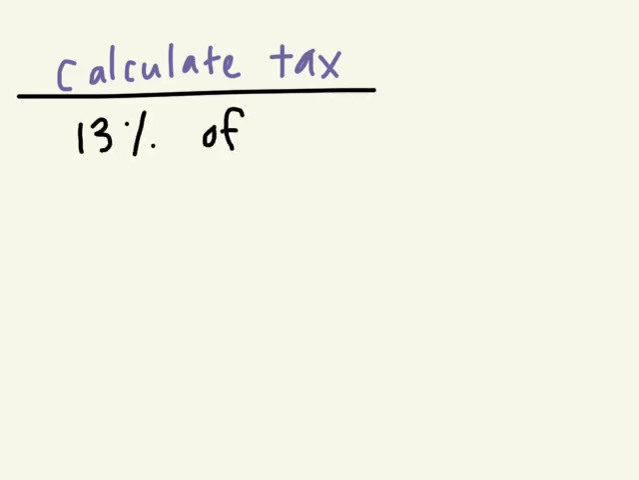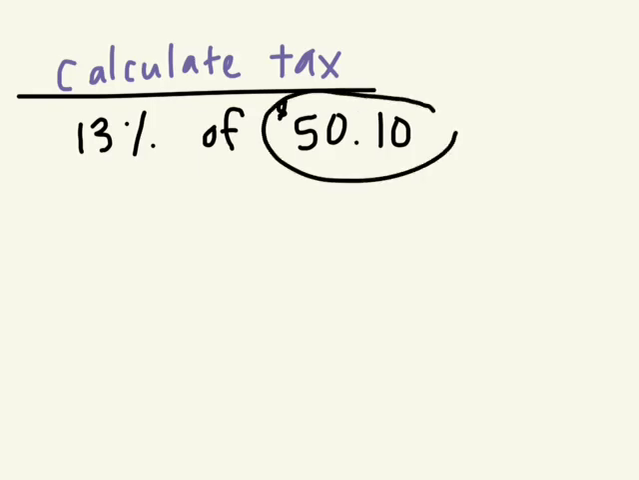What was the sale price again? I'm only paying tax on the sale price. I'm not paying tax on the original price. This is how much the item costs now. So I'm paying tax on that. 0.13 times 50.10 equals